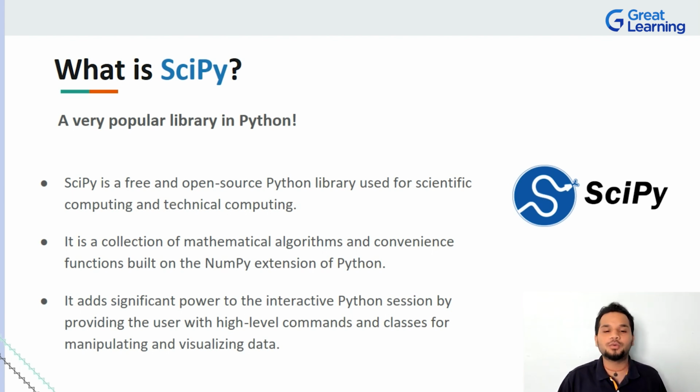So whenever the world talks about scientific computing, whenever the world talks about technical computing where there is a requirement of Python, you can be rest assured that SciPy will be the library that's going to be popular there.